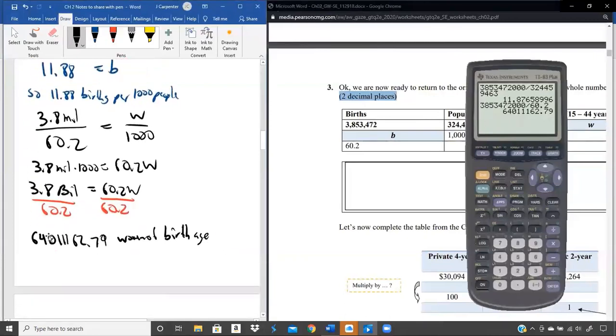Now, very often when we're talking about a large number of people, we don't really like decimals. If we're talking about a couple of people, like, hey, the average household is 4.2 people or something like that, that's when we'll leave a decimal with people. But it's really hard to have 79/100ths of a person. So the rule of large numbers kind of states that you just round that to the nearest whole instead. So 6401163, which would be